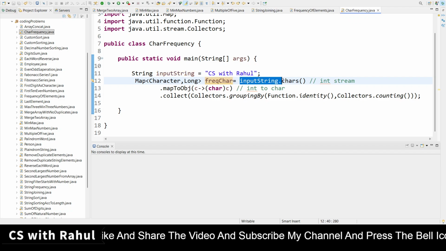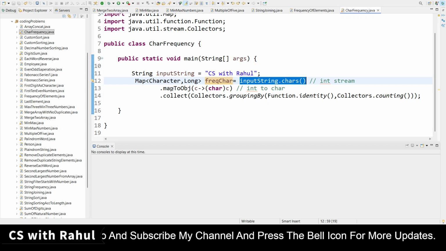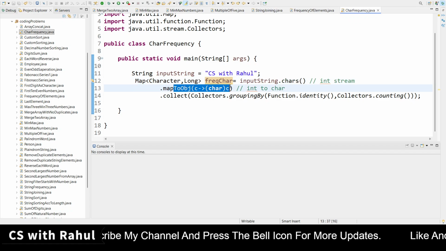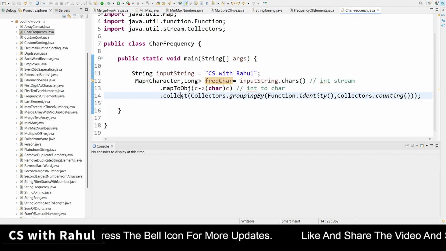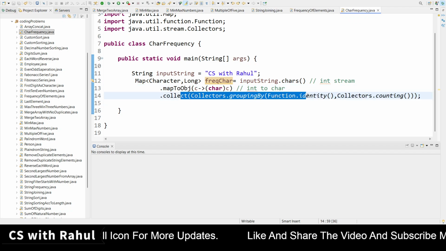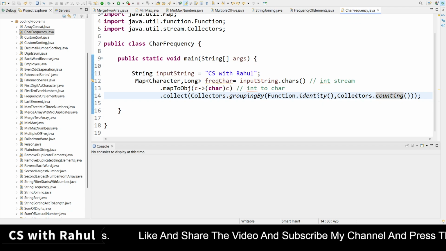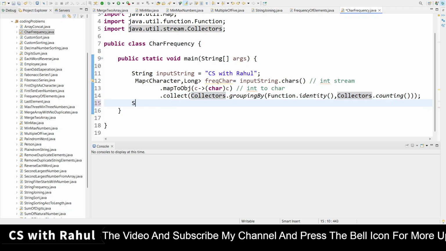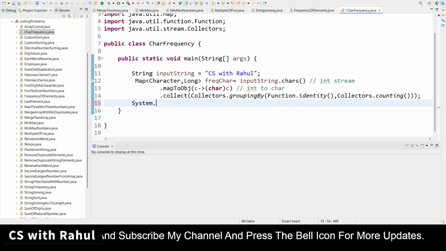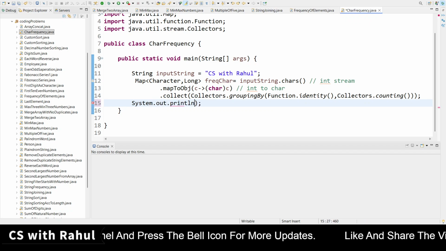So first what we have done is, by int stream we are converting it, and after that we are again converting each character into a specific character, we are typecasting it, and then we are collecting it through grouping by and Function.identity and Collectors.counting. Now let me take out the print, right? We'll see the output. What is the output? Print ln